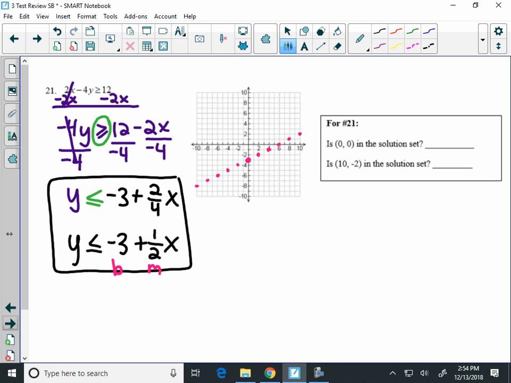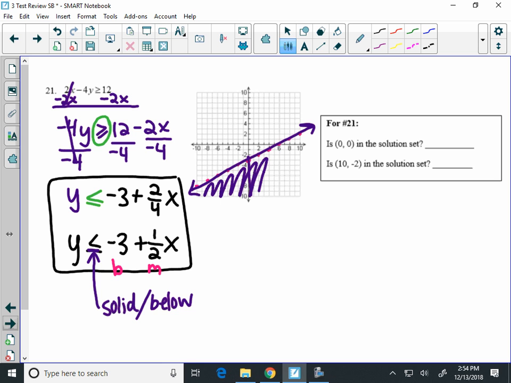Once you plot those points, you need to decide what kind of line and how you're going to shade. If I see a less than or equal to, because it has the equal to part underneath, that means you're going to graph with a solid line. So you can connect your dots with a solid line. Then you have to decide where to shade. Less than means you're going to be shading below. So you put your pencil on the line, drag it below,